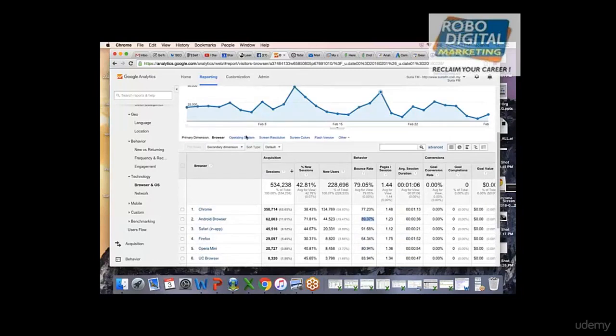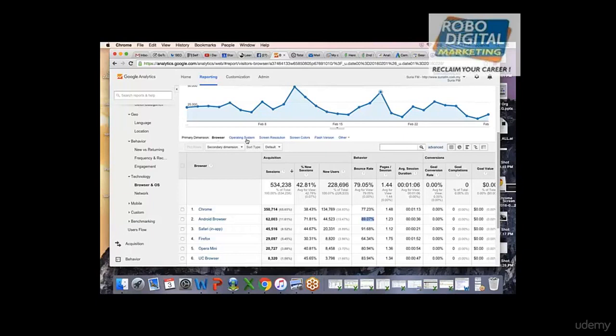Also, maybe the other reason is that I don't think our site is mobile optimized. It means we don't have a proper mobile site, so whatever appears on mobile could be lopsided and bad. Might be. We can check it out in screen resolution, or even the operating system you can get to know. We have other metrics for mobile, but still you can check it over here.